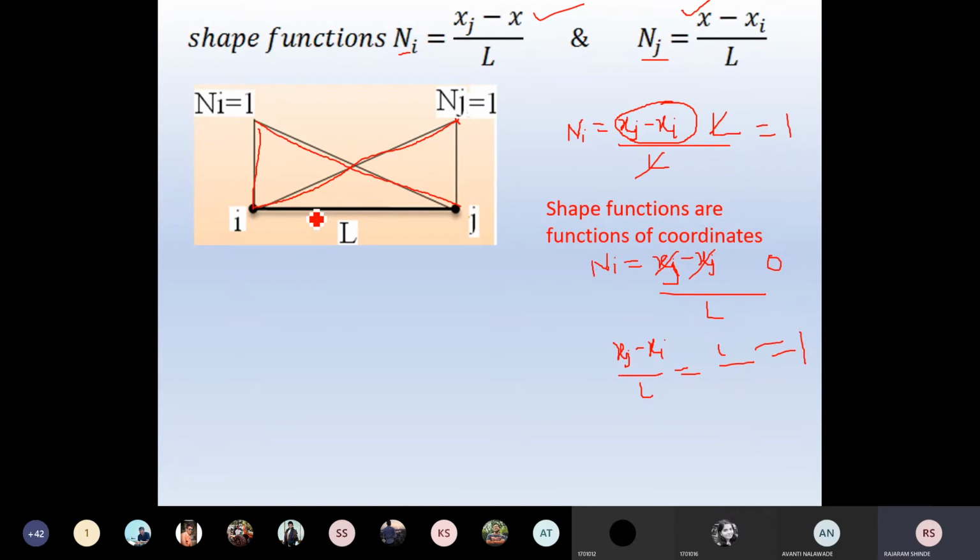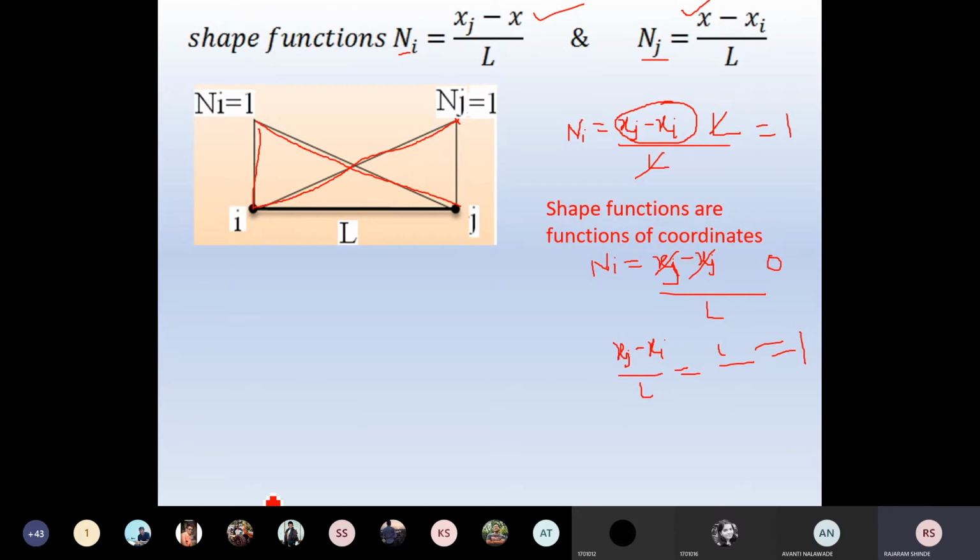Now, these are the properties of the shape functions, and these properties are very important and useful while solving the problem. You can check the solution yourself. If your shape functions are satisfying these properties, then your shape functions are correct. Otherwise, your shape functions are not correct. This is applicable for one-dimensional, two-dimensional, three-dimensional linear elements and higher order elements. That means for quadratic, cubic, all elements it is satisfying the same properties. Do you agree with this? You have to remember this.